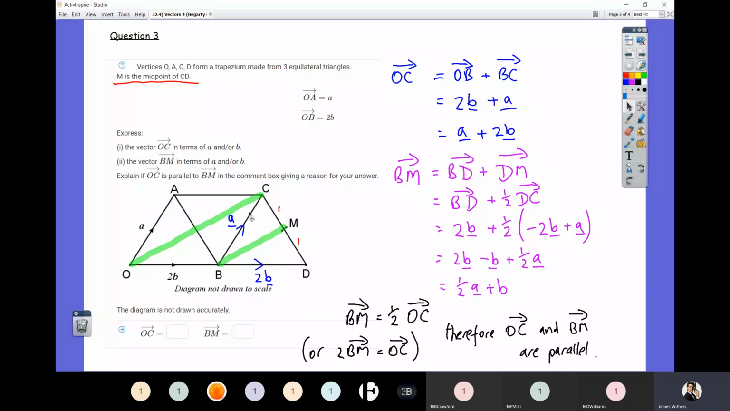I could have gone B to C and C to M, but that's my choice. Now, I've then made the point that DM is half of DC because M was the midpoint. So DM is the same as half of DC. And then in your head, you're thinking, am I in a position to go over to the alternative format? Yes, I am, because B to D is 2b, and D to C